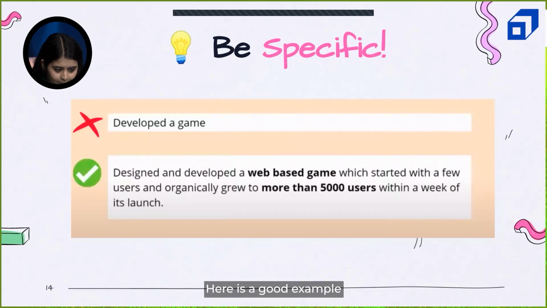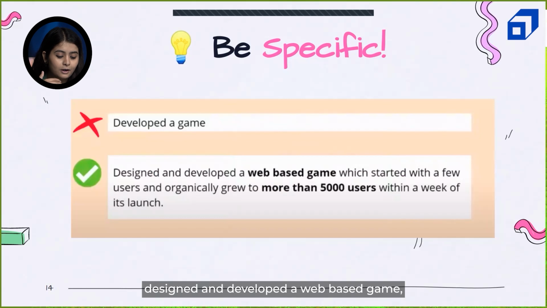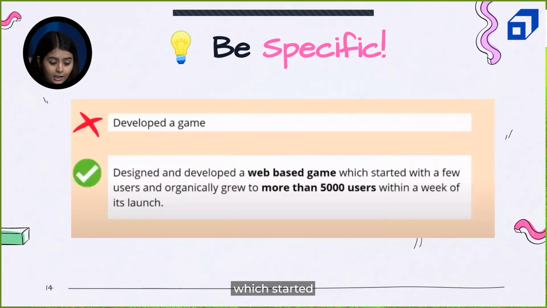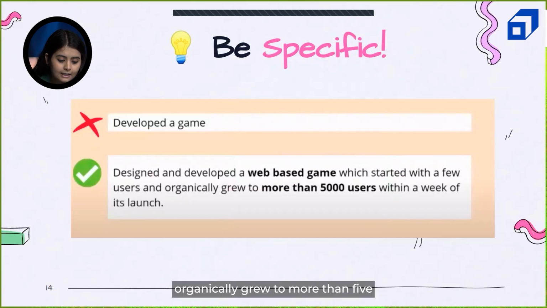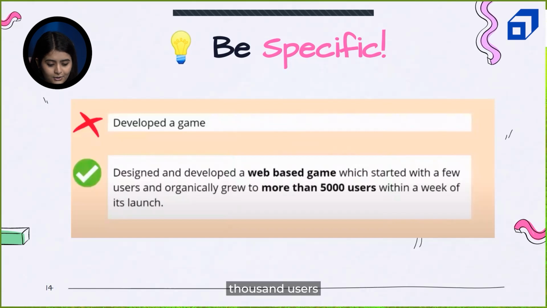Here is a good example. You see, like if you just write developed a game, it's not making a sense. It's not telling any background, like you developed a game, it's fine. But if you read the other sentence, designed and developed a web-based game which started with a few users and organically grew to more than 5,000 users within a week of its launch.